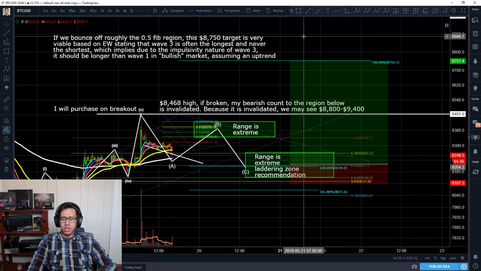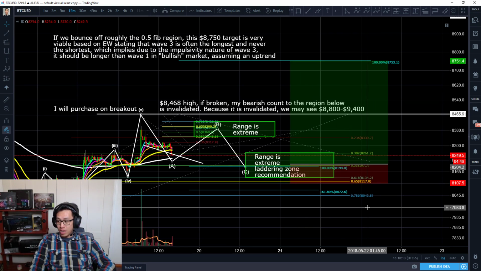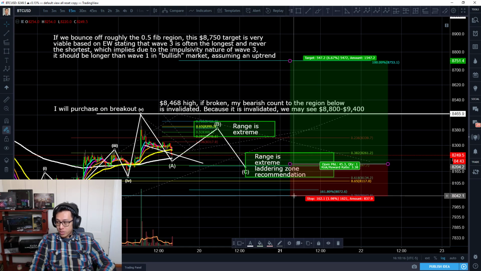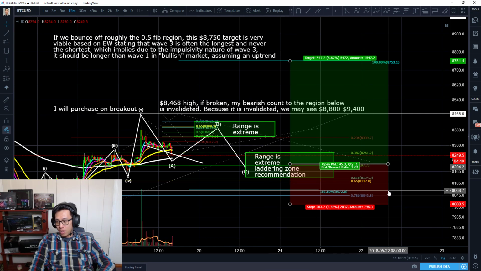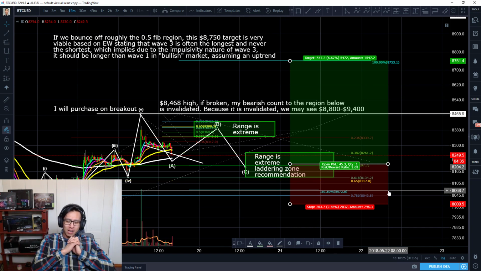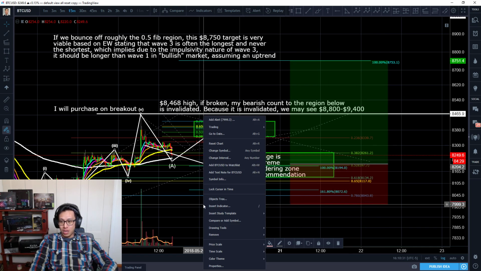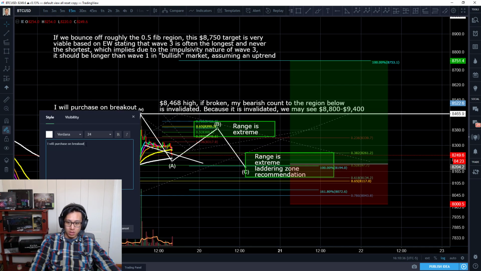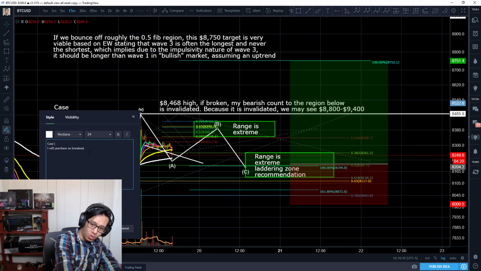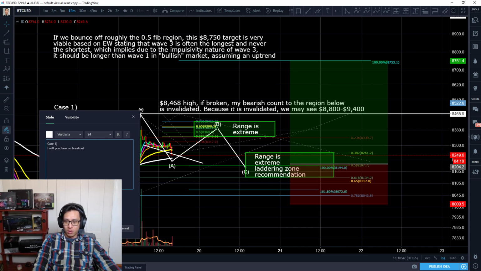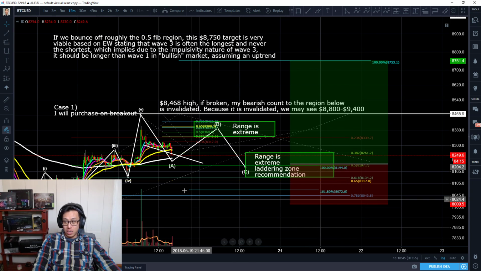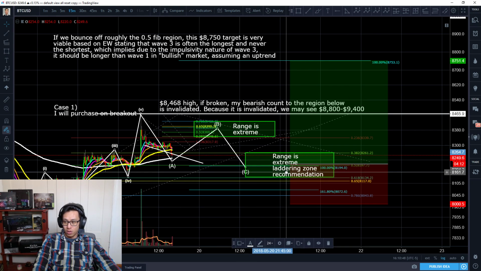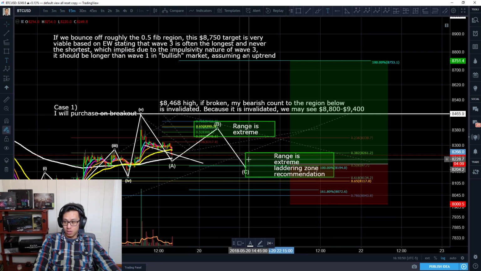So yeah, once again, even though we might hit my stop loss around the 8K region, right? My stop loss will be 8,000. Right there, okay? I'm still in a great risk to reward setup. I mean, we're talking about a 2.69 risk to reward setup, okay? That's beautiful. I can't complain about that. So that's one scenario, buy on breakout, okay? I just want to be very clear. Case one, I will purchase on breakout. This is case two, by the way, okay? This is case two right here. I want to write that in here too for you guys.